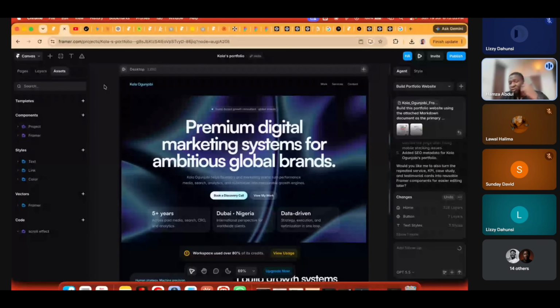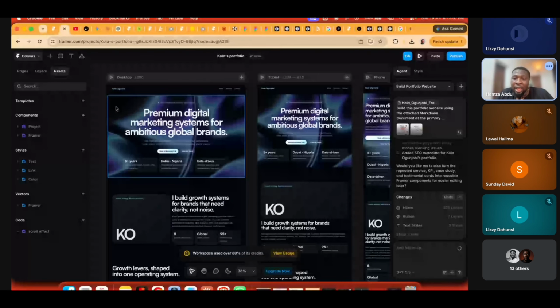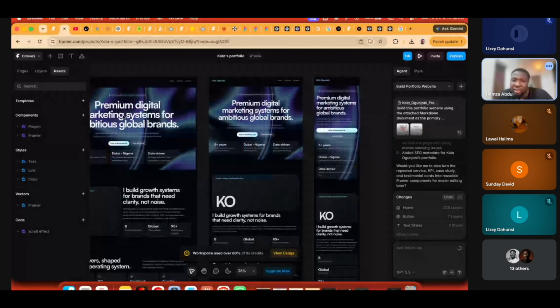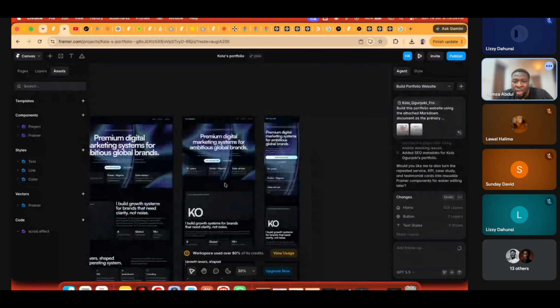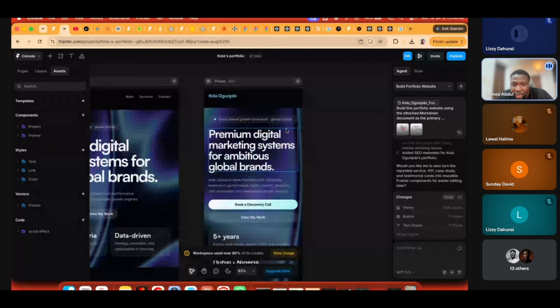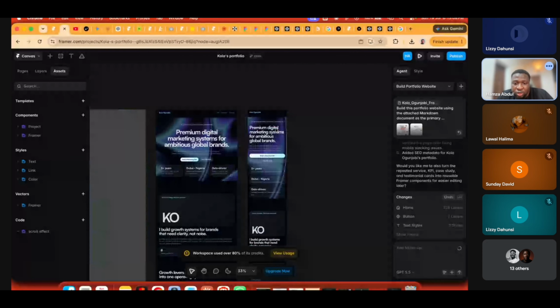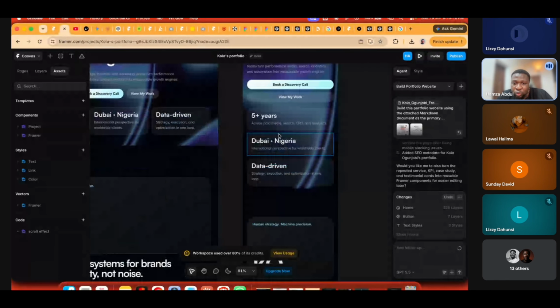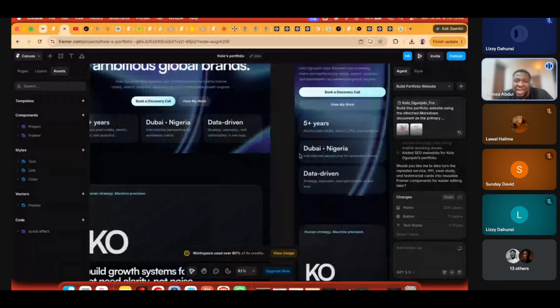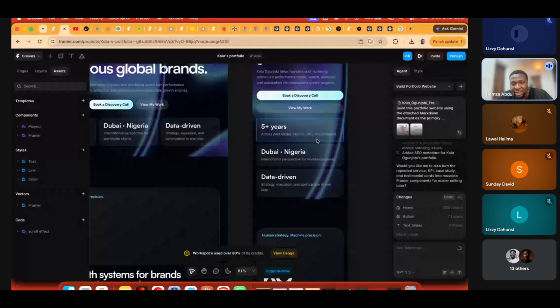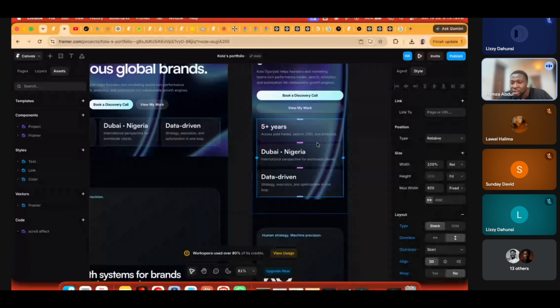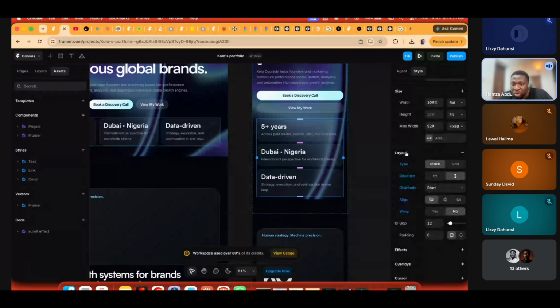So now let's quickly talk about responsiveness. I actually didn't expect the AI to make it as responsive as this, but as you can see, it has made it responsive already for us. Sometimes one of the challenges you might have is that, see this one that is vertical now, the AI might leave it horizontal like this. You might be the one to come and make it vertical. How do you do that? Look at this place called layout.